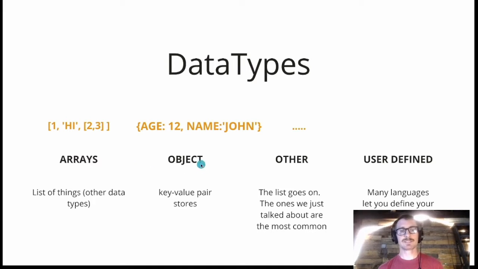The next thing we're going to see is objects. These are hashes in Ruby, but really what you're going to see in most languages is just a way to do key value pairs. For example, in our